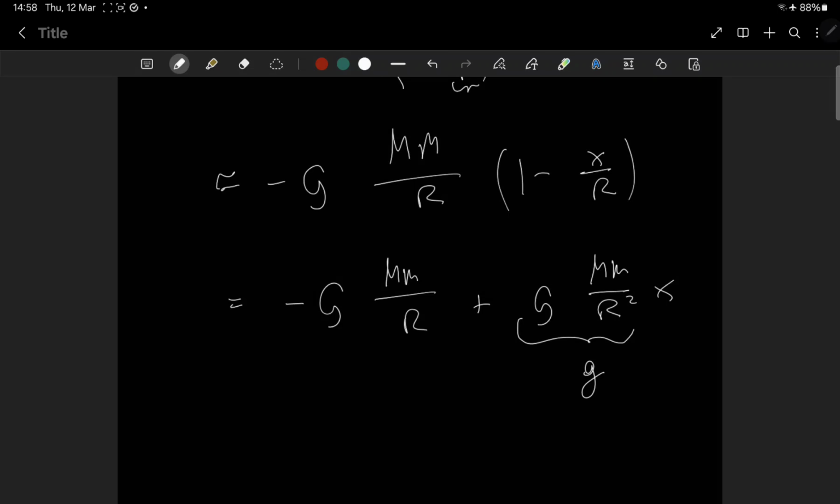If you plug in numbers for our Earth and for the gravitational constant, you will find, without the m,